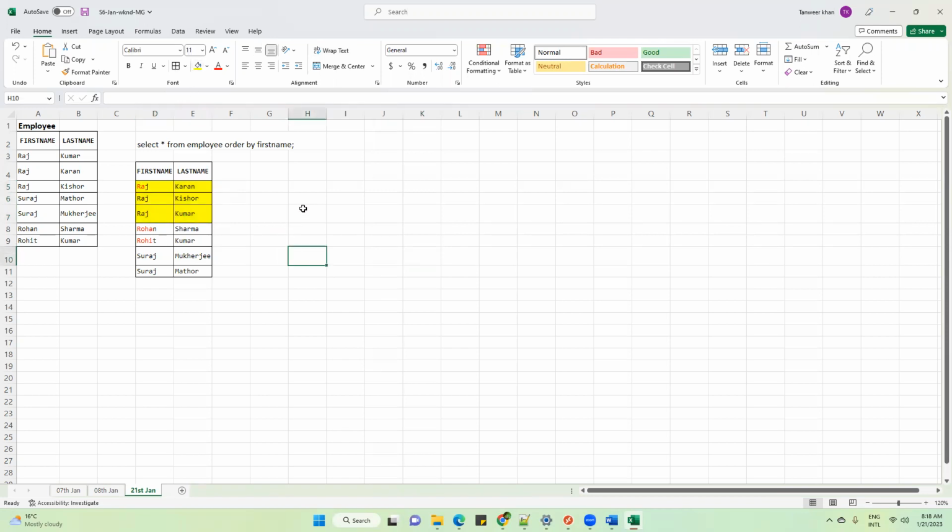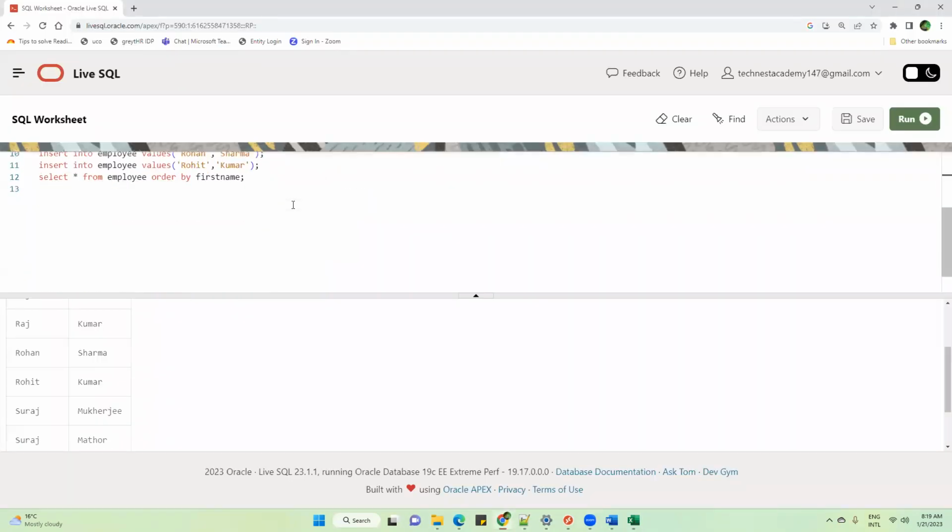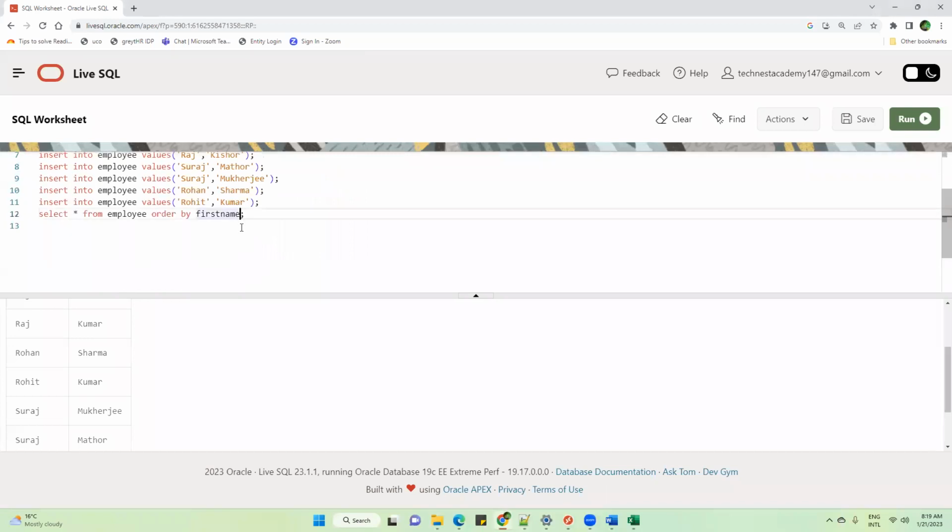Yes. So as per the question, if there is a tie based on first name, you have to consider the last name column, but in which order? Descending order. So in this query, you have to write comma, last name, descending.